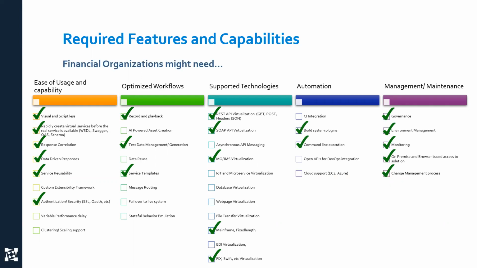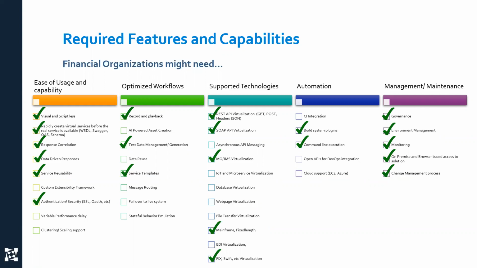I think a good way to look at this might be to look at industry verticals. So let's say that you're a financial organization. There's some things that will be really important to you because you're going to be interested in privacy, making sure that legacy financial interfaces such as mainframes, fixed length messaging, maybe proprietary message formats such as FIX and SWIFT can all be virtualized, as well as being able to have it picked up by a broad organization. So having it visual and scriptless so that we can bring it in and help technical and non-technical users understand what's required to create virtual services.